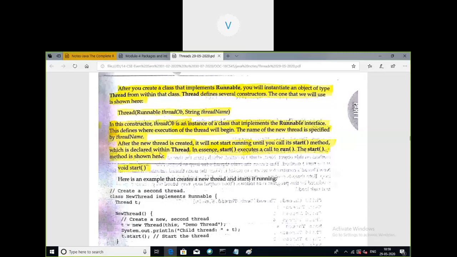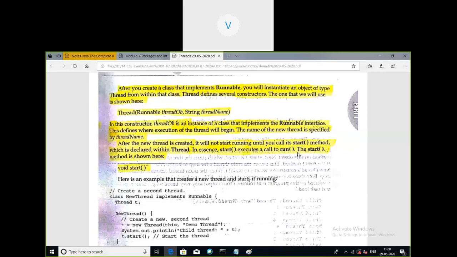That in turn will call the run method, and then the actual execution of the thread will begin. It is possible to call the run method only when you call the start method of the thread.